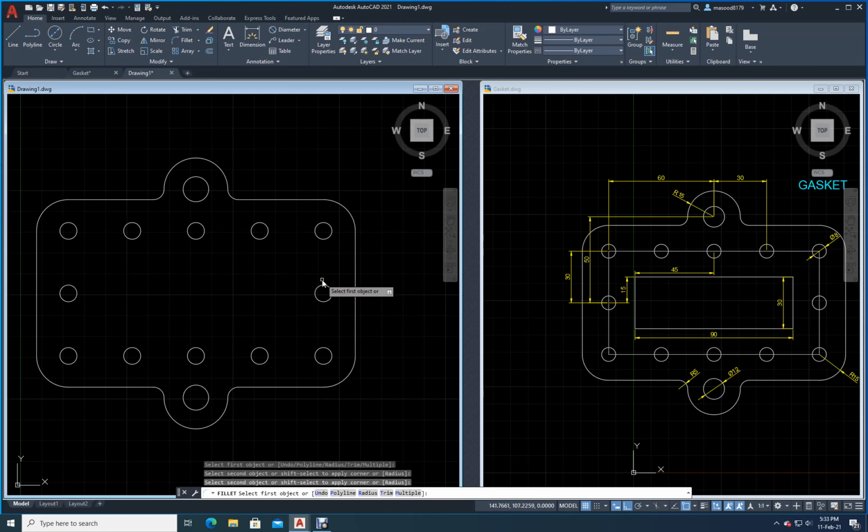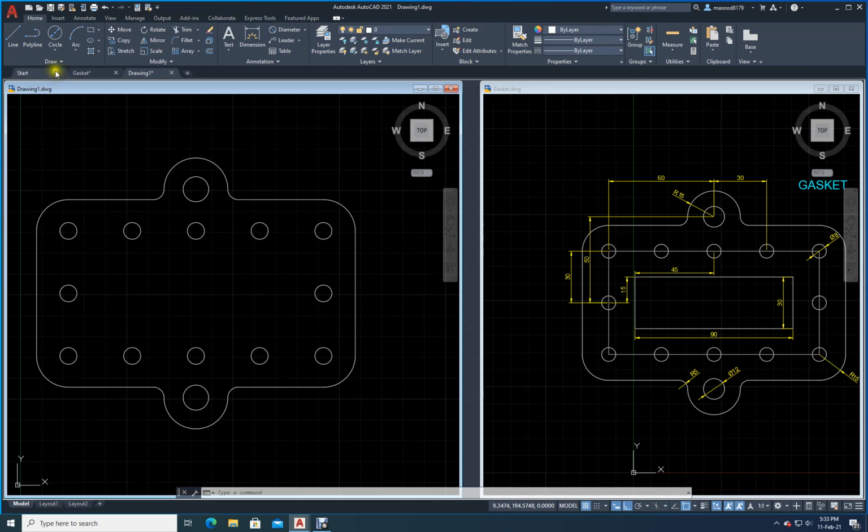Now what is left now? I need to draw a rectangle in the middle. That's the only thing I have to do now, right? I will escape from this command. Now what I need to do now, I need to draw a line, right? So how do I do that? I can create a rectangle outside and then I can just bring it and fix it in the middle point. Okay, so how will I do it now?